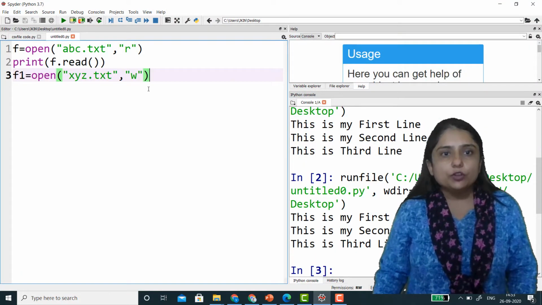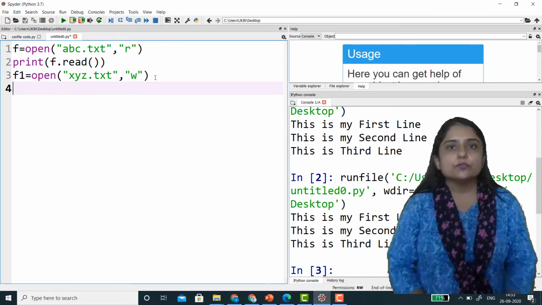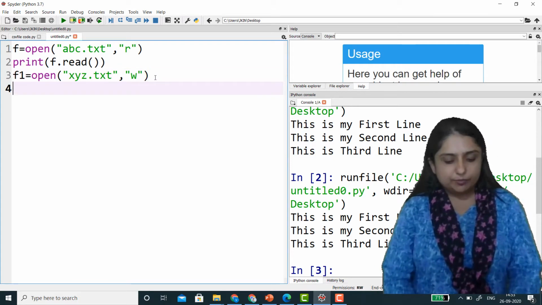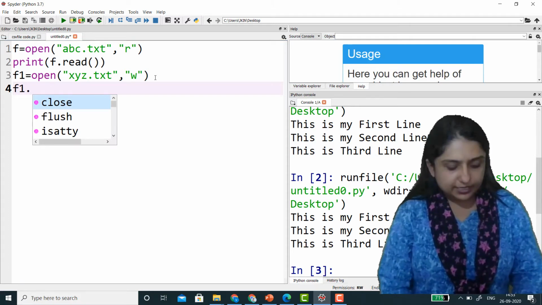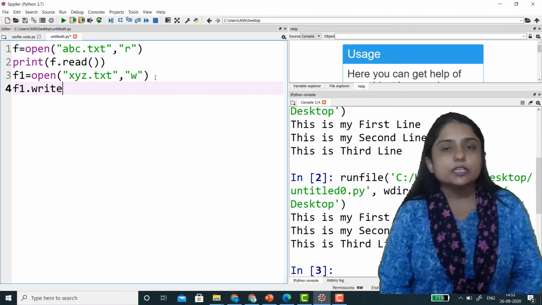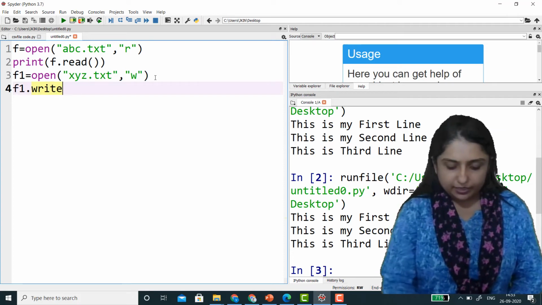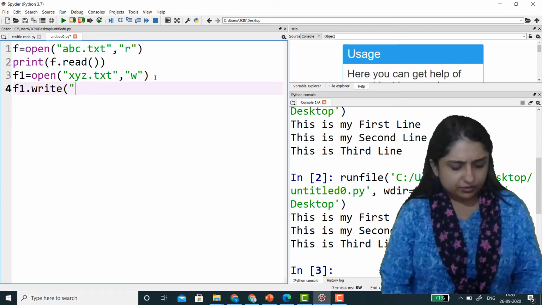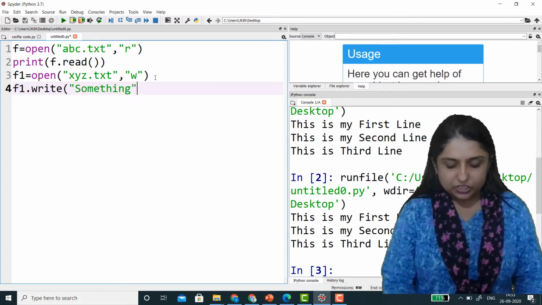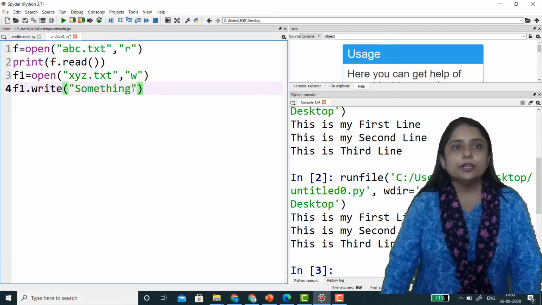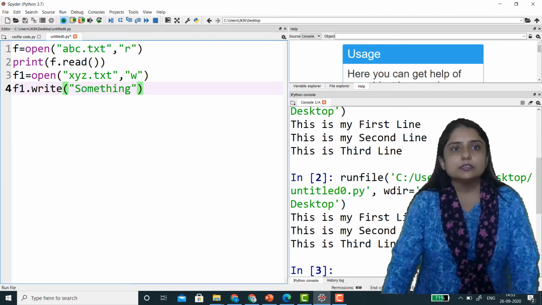Now if I want to write something in this file, I have to use the command f1, my file variable, and I want to write something, that's why I use the command write. Then here you can write something, and just check. Okay, let's run this.